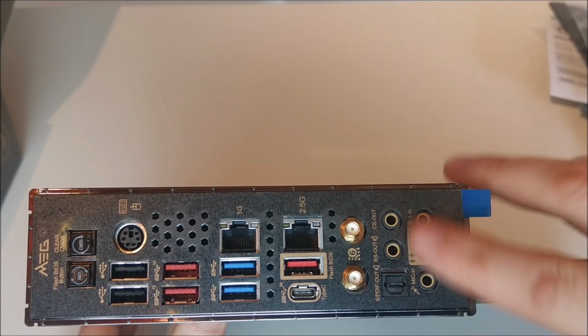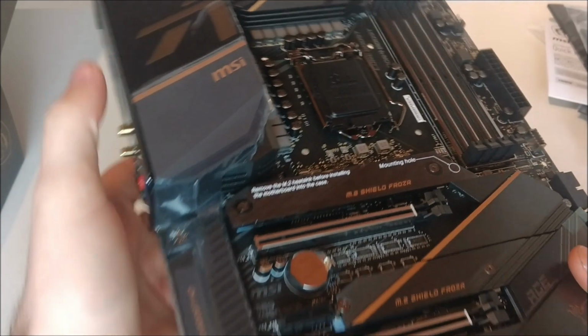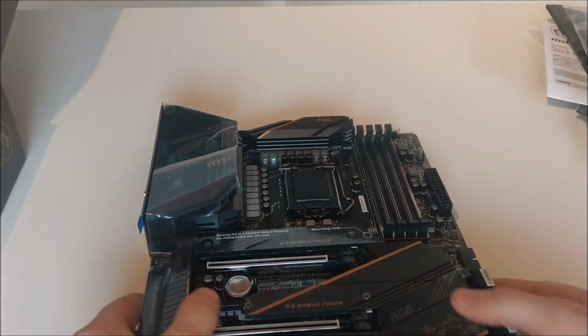And of course we have the audio section here. So that is the MSI MEG Z490